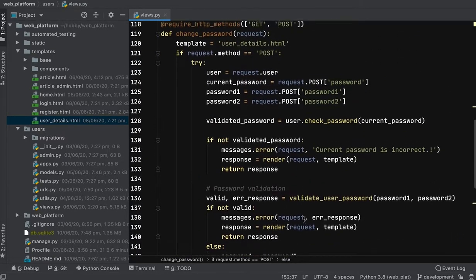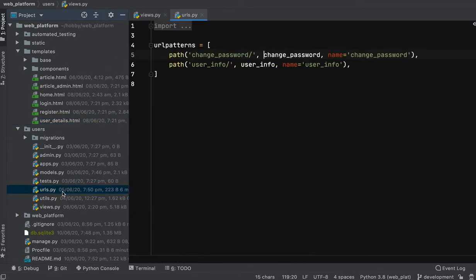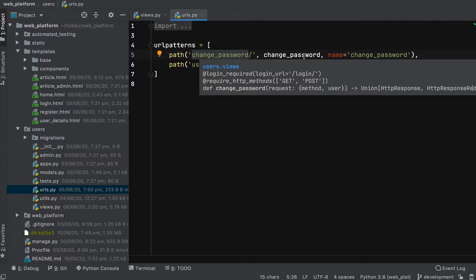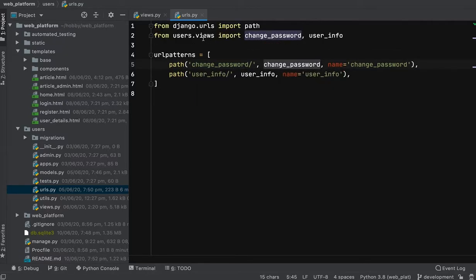So how is this being called? The change password method is used in the URL path mapped to the change password view, which is basically the user views change password view.